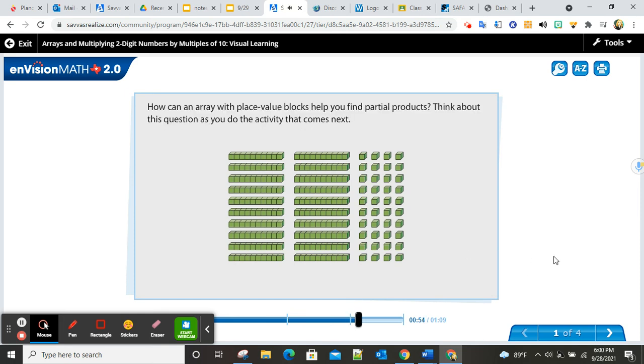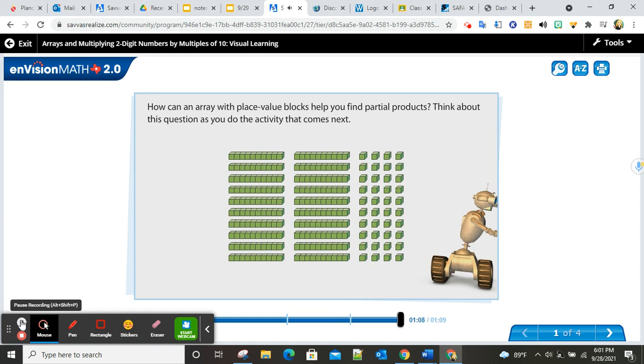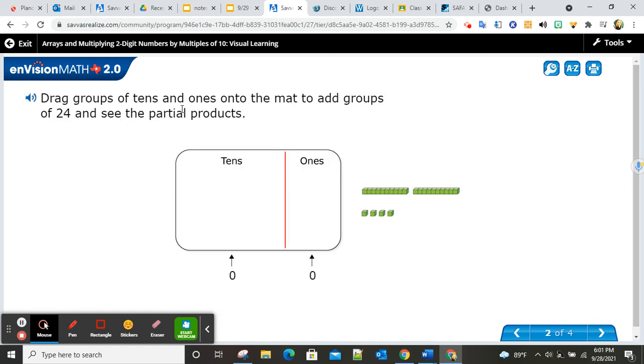How can an array with place value blocks help you find partial products? Think about this question as you do the activity that comes next. Let's click forward. So this is a really good activity. You're going to drag groups of tens and ones onto the mat to add groups of 24. So notice 10,